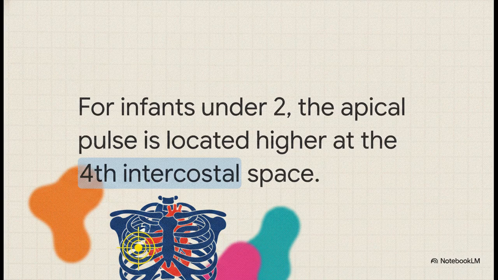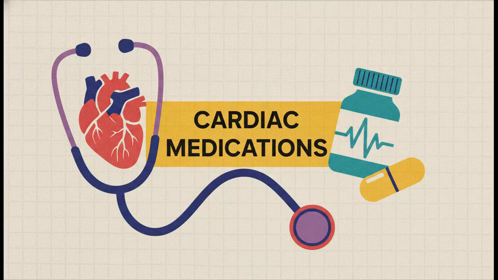But wait, I have to pause here because this is genuinely fascinating. Human anatomy actually shifts as we grow. For infants under 2 years old, the apical pulse is actually located slightly higher up on the chest, at the fourth intercostal space. How cool is that? Listening directly over the heart via the apical pulse is absolutely crucial for thorough physical assessments in infants and young